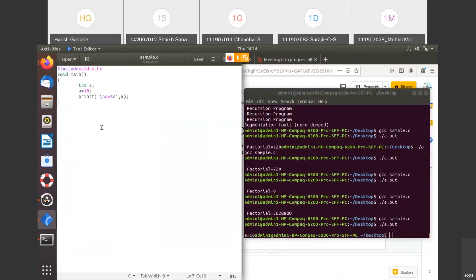Now see, this one is the built-in data type.